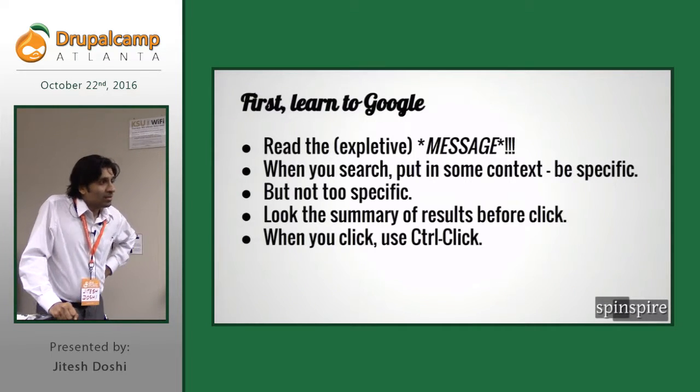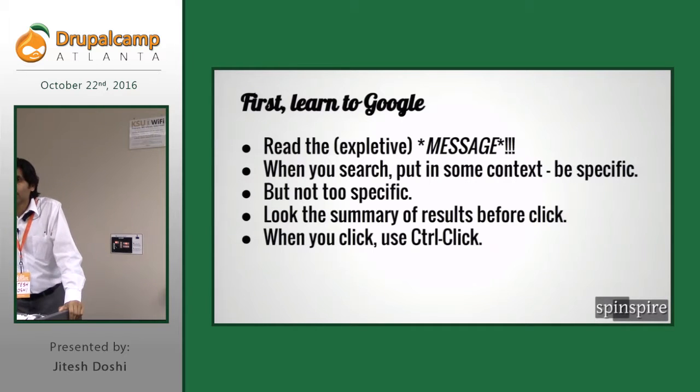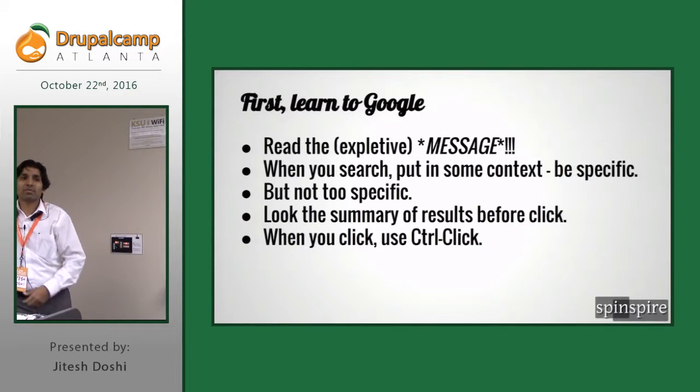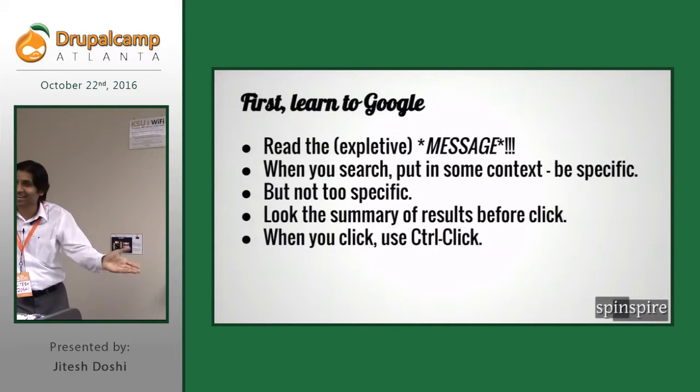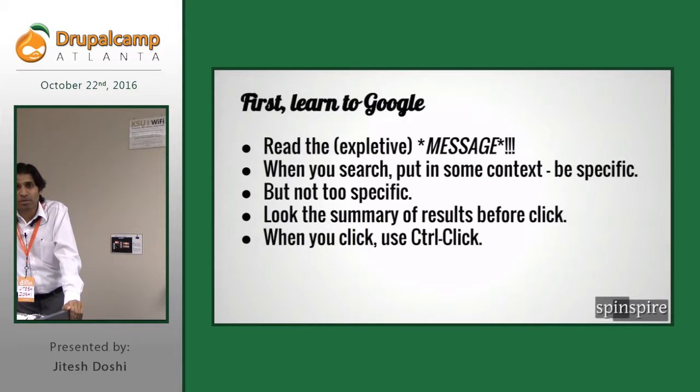All right. So then you start searching. Then you Google it. But you do not copy and paste the entire error message, nor do you simply say, "My website is down, some error." When you say my website is down, there is some error, you're not giving any context. Millions of reasons possible, right? So that is too general, no context at all. So when you search, put in some context, be a little bit specific, but then in the right next one, I say, but not too specific.